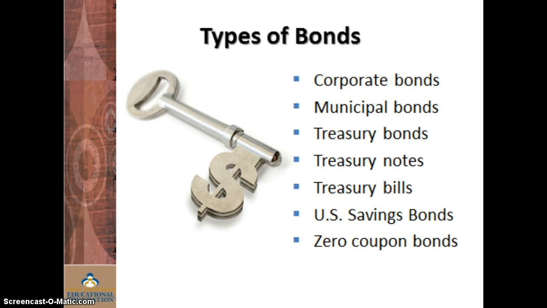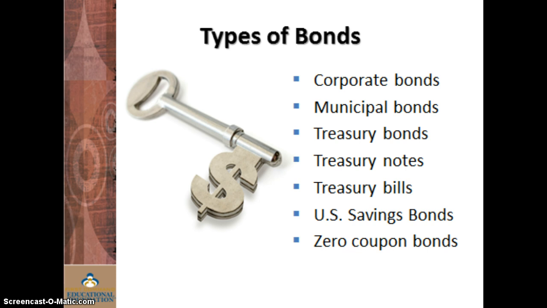Treasury bond, a bond issued by the U.S. government considered a safe investment because the taxing authority of the United States government backs it. Terms are for more than 10 years. Issuance of the 30-year bond has recently been suspended. Treasury note, same as Treasury bond except that the note is issued for a shorter time, typically in maturities of 2, 3, 5, and 10 years.